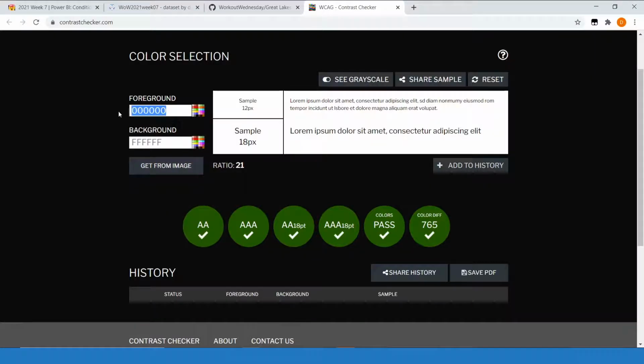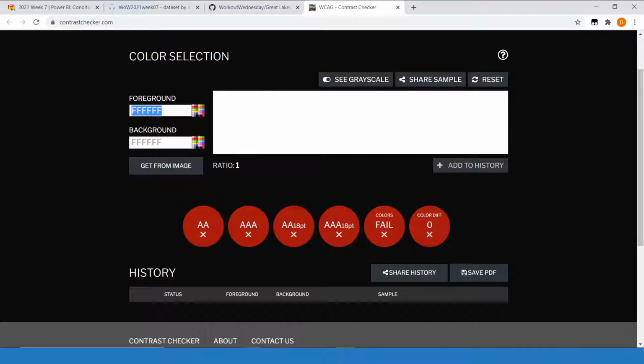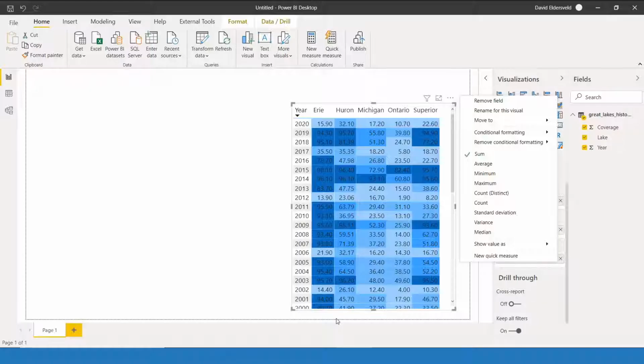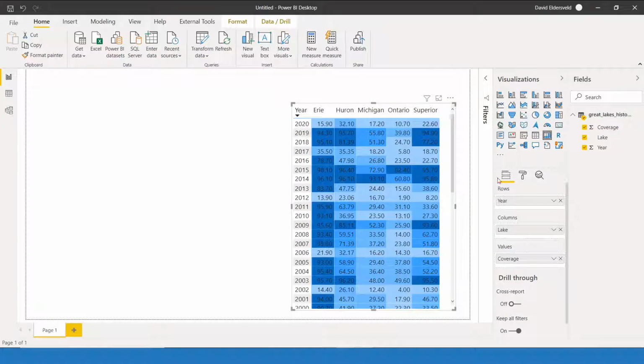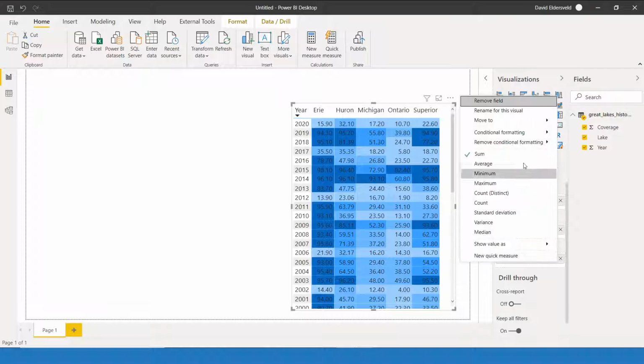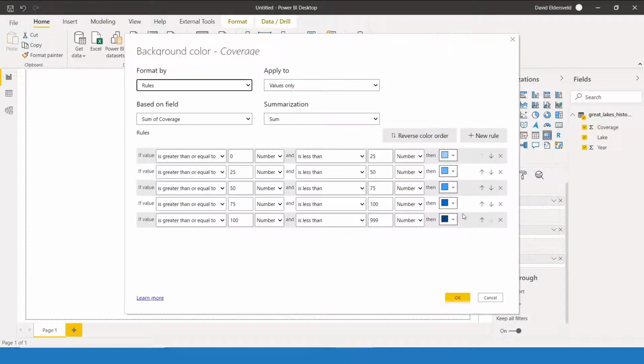And I have constraints where I can only use a black, which is these zeros as my hex color, or white, which is all Fs for my color. And you can see when I flip white on white, everything fails, right? So I switch back over to Power BI, and in this case, I can see that I've got this dark color here. And one of the tricks that I could potentially do, if I expand visualizations back out, is anytime I have a color in Power BI, I can go to something like conditional formatting, background color,